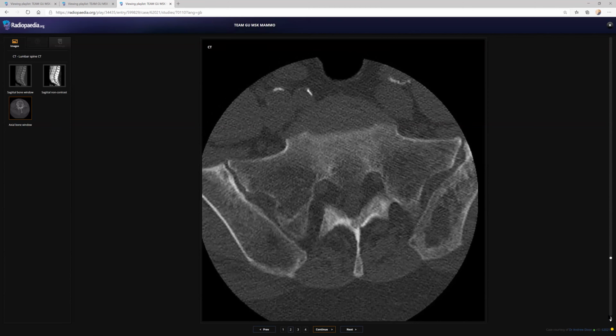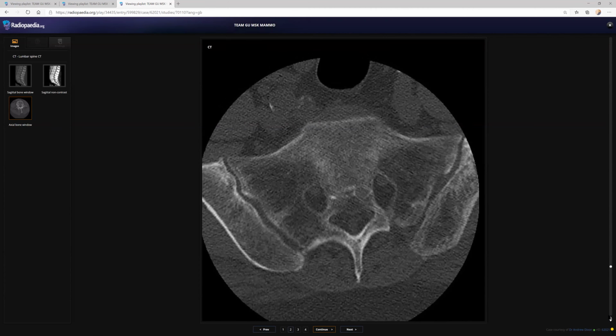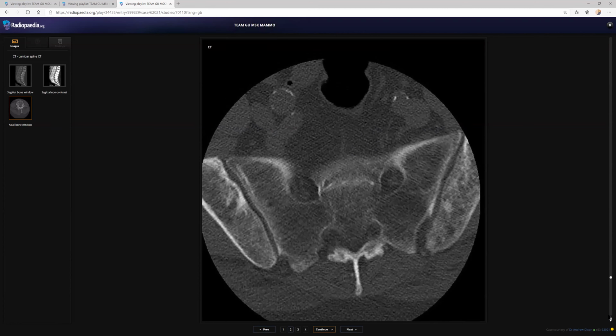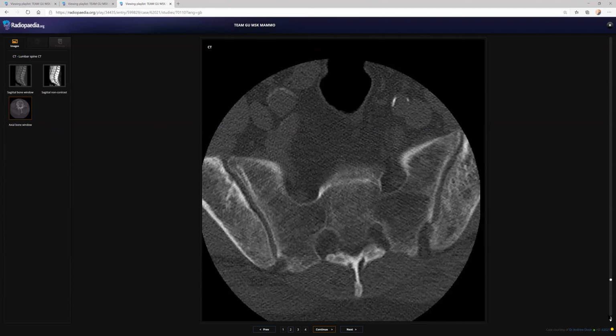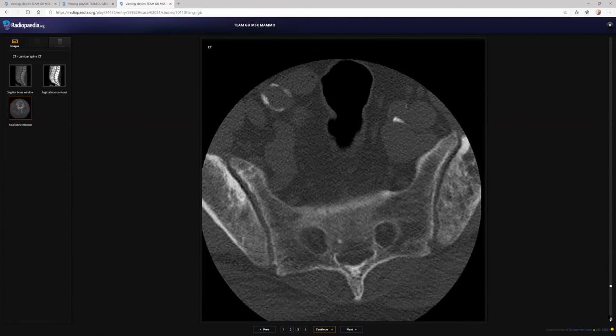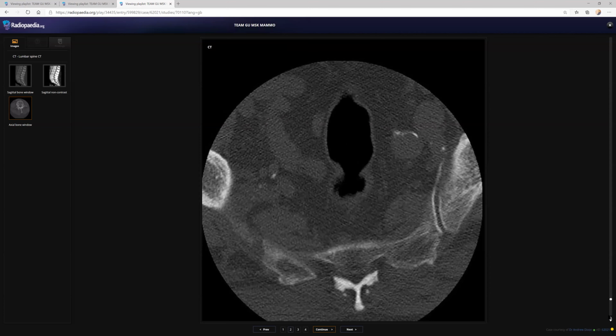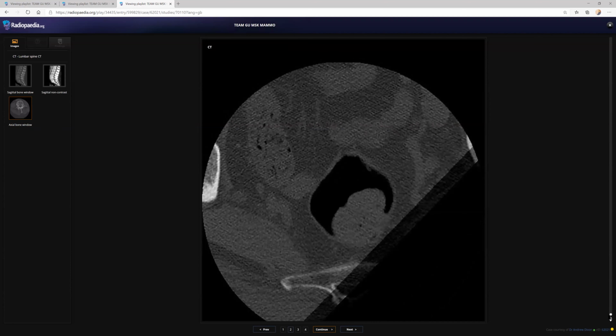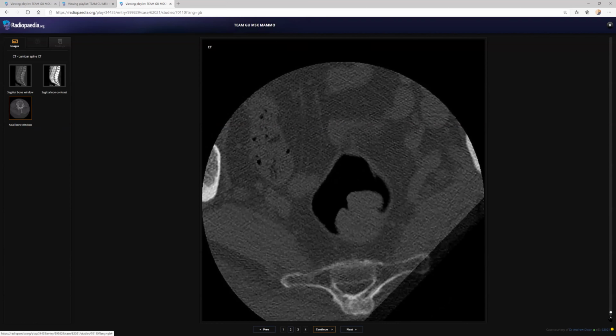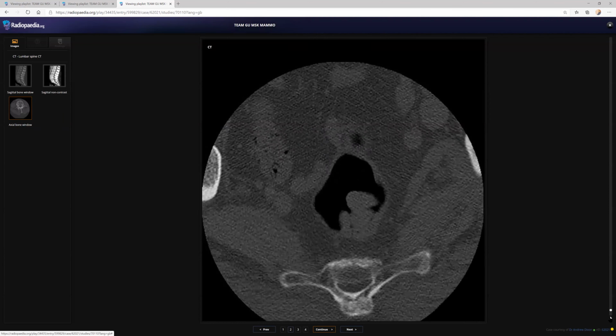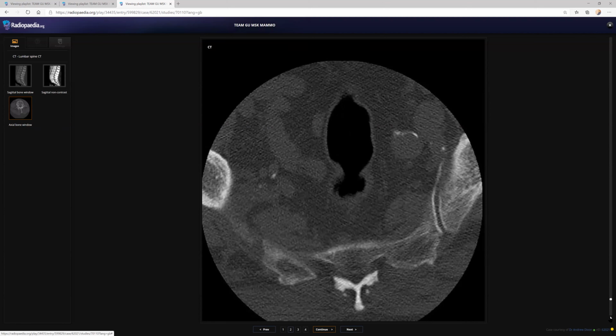I am looking at the L4 vertebral body, L5, sacral ala. Oh, I can see some more lytic and heterogeneous lesions noted in the iliac blades and sacral body. So multiple areas of heterogeneous signal. These could be some metastatic deposit. Other differential could be